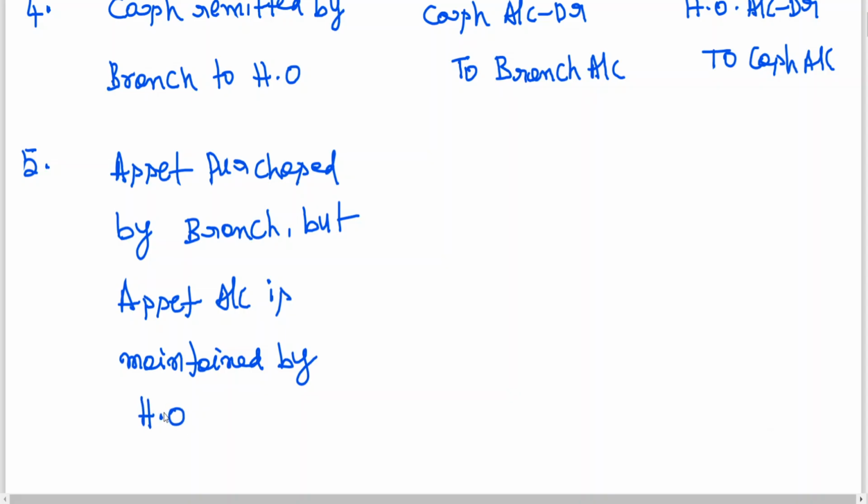Asset purchased by branch, but asset account is maintained by head office. The entry will be branch asset account at R2,